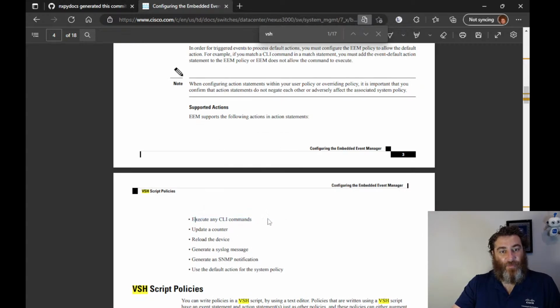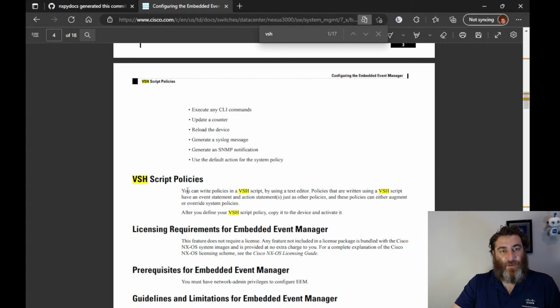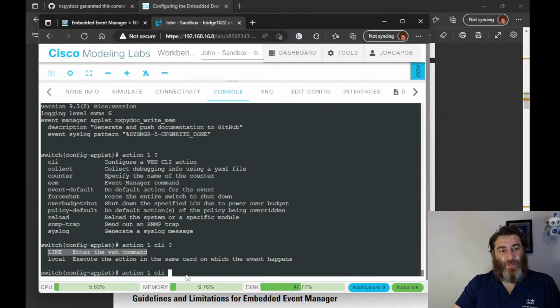Okay, so why doesn't it run my guest shell command? You can write policies in a VSH script by using a text editor. Policies in a VSH script have an event and an action. So it looks like it has to be, but I don't want a script. I want to run the CLI command. CLI, configure a VSH CLI action. So maybe I'm limited by this technology. Maybe I can't actually do this unless I'm